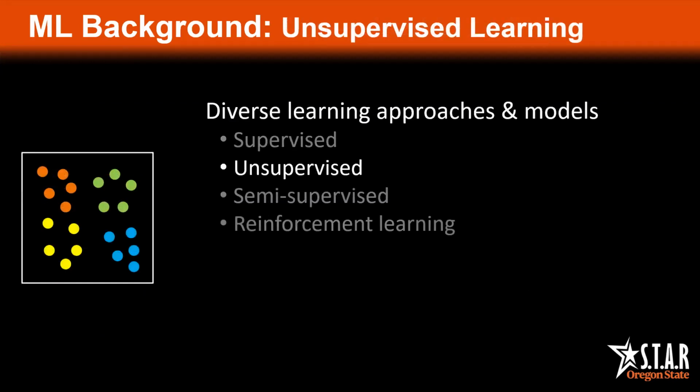Next up is unsupervised learning. In contrast to supervised learning, unsupervised learning uses just input data to extract information without any specific output targets. In that sense, unsupervised learning models provide a method to automatically organize or interpret inputs in a way that might not be immediately obvious to a human.